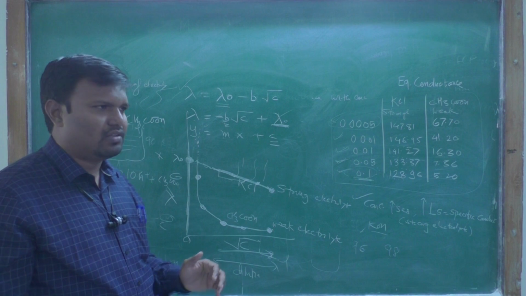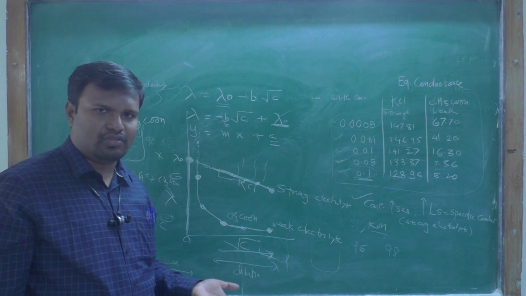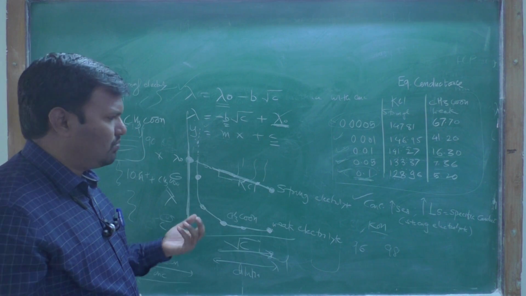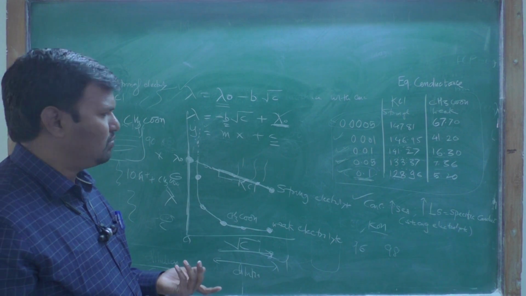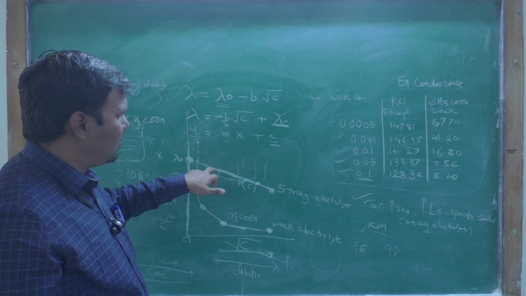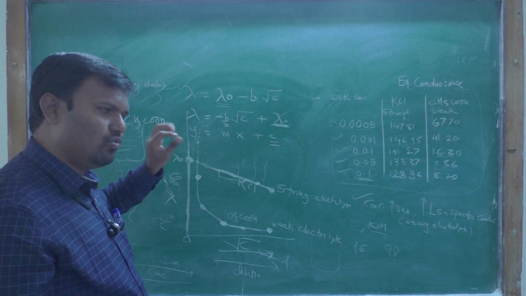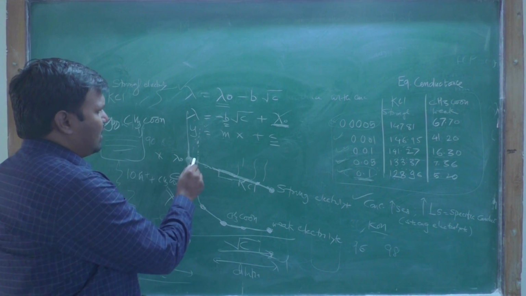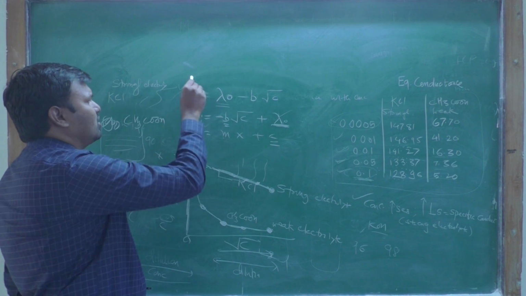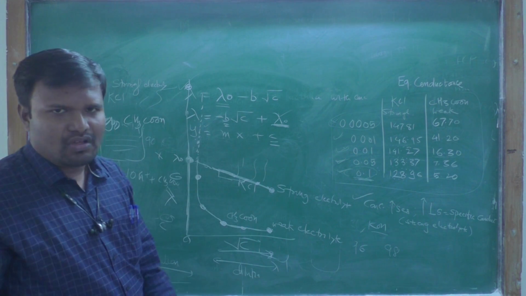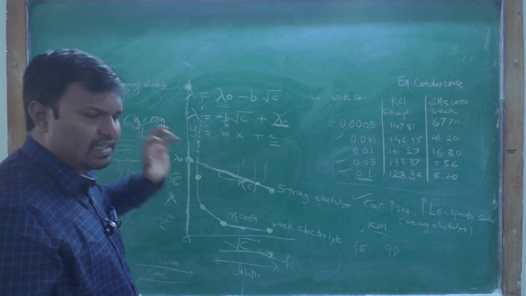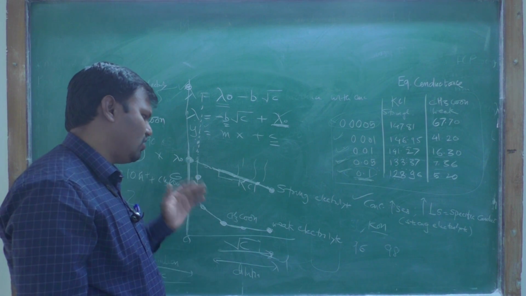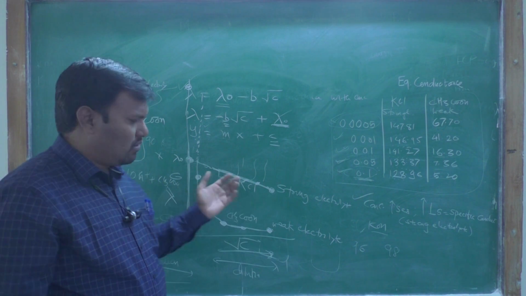Remember that, because at zero concentration there is no electrolyte, so that is meaningless. Therefore, for a strong electrolyte it is possible by extrapolating, and the intercept gives your lambda 0 value. But for a weak electrolyte, when you extrapolate like that, you will not obtain it. The graph does not intercept the y-axis or the x-axis, any axis.